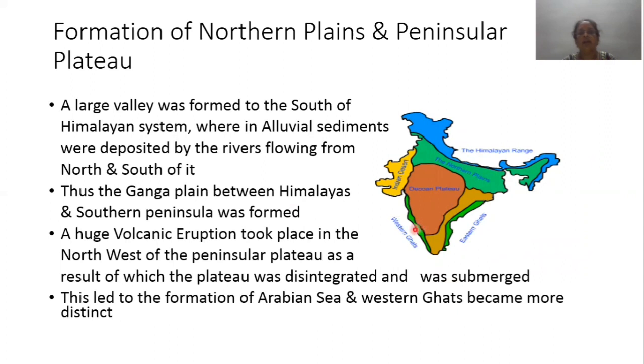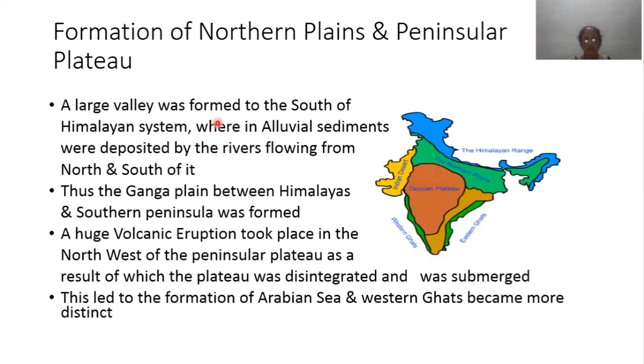So how was the Arabian Sea formed? A volcanic eruption took place in the northwest part of the peninsular plateau, this part of the peninsular plateau. As a result of it, the plateau was disintegrated. Disintegrated means broken into pieces and went underwater. So because of that, the Arabian Sea was formed here, and here the Western Ghats became